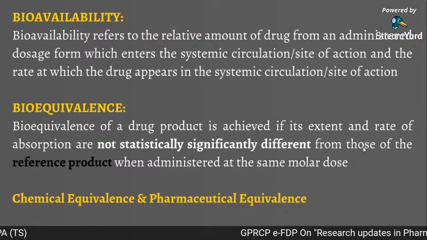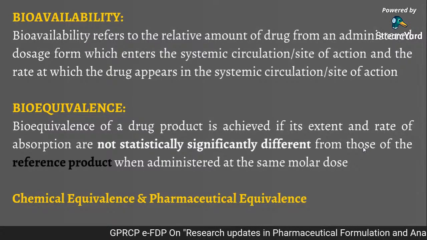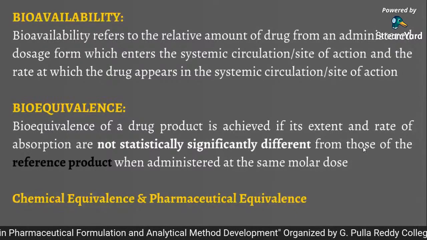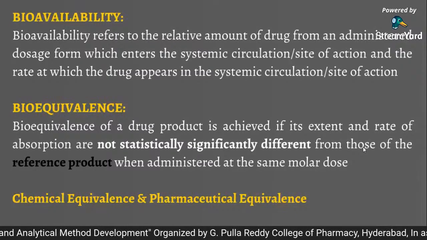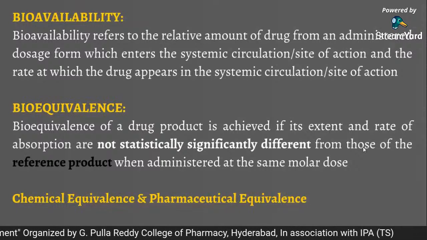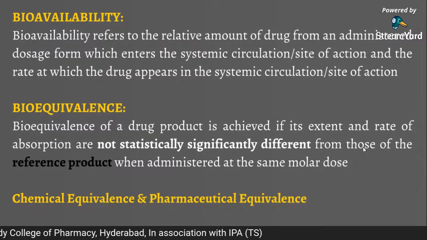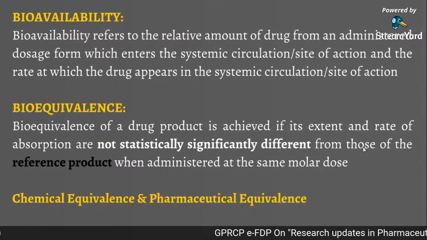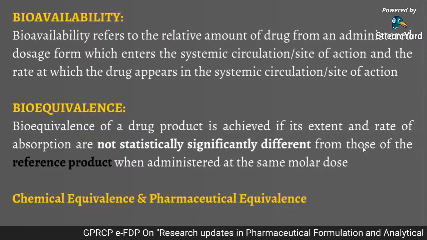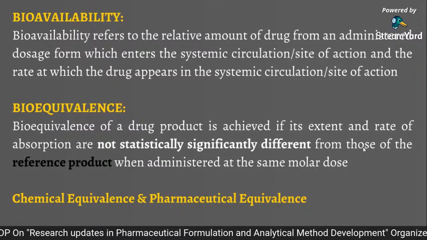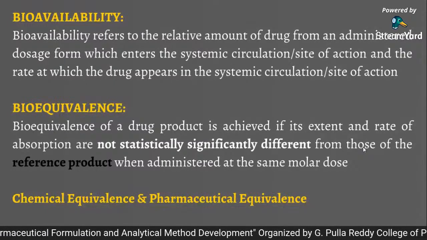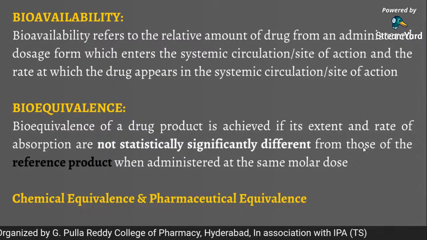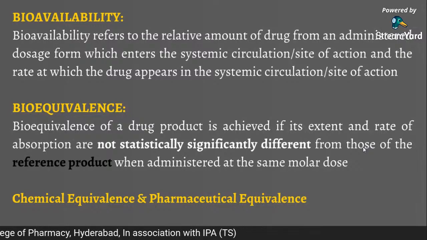So the patient can take either the innovator or the generic formulation, except that all other parameters are the same; excipients can be different. In this case, proving chemical equivalence is easy, proving pharmaceutical equivalence is easy, but proving bioequivalence is a very tough job for any formulation scientist, because the in vivo performance of any dosage form is unpredictable. So many other parameters need to be considered while developing the formulation, where IVIVC will play a key role. IVIVC will play a key role in establishing and predicting bioequivalence, because in vitro we are correlating with in vivo performance. So that is a very important topic that I am going to explain.